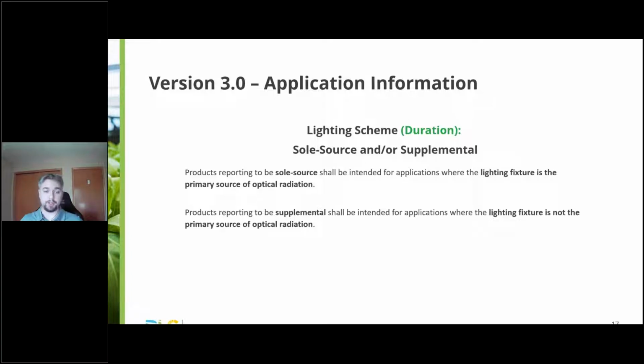Additional information has changed, just in terms of adding additional clarity into the technical requirements. So lighting scheme was separated into two distinct pieces, one being duration, which relates to the amount of use that the product is intended for, whether that's a sole source or a supplemental, but definitions around sole source and supplemental have not changed. There have not been any criterion added into say what types of products can or cannot claim these from what we proposed in draft 1. So it's very much the same, just adding in duration here. And similarly on the next slide,